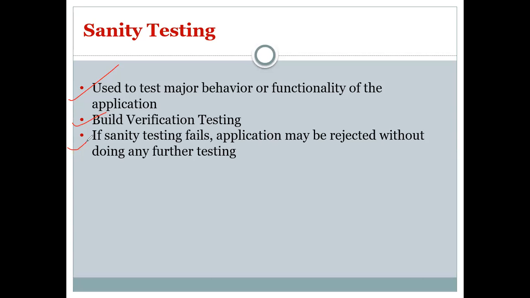Suppose you are going for the sanity testing of this software. Your first aim is whether the customer's information has been saved in the database properly or not.